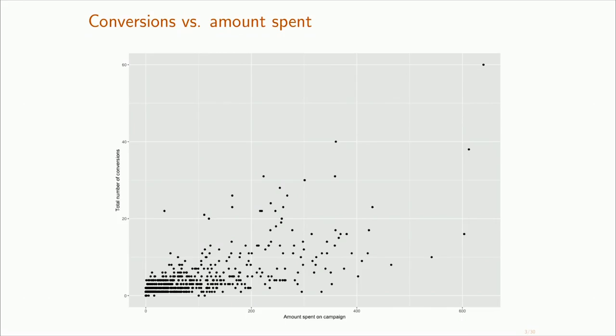Okay, so this is one scatter plot of this data set. You can see there are quite a bit of points. The x-axis is the amount spent on a campaign, and the y-axis is the total number of conversions. So clearly there's an upward trend: the more you spend, the more conversions you're getting. There are lots of people right here who don't spend that much and don't get that many conversions, and what we're trying to do is to say, okay,